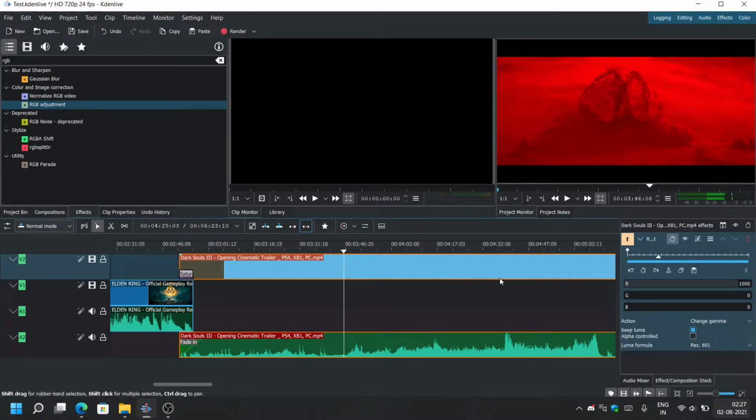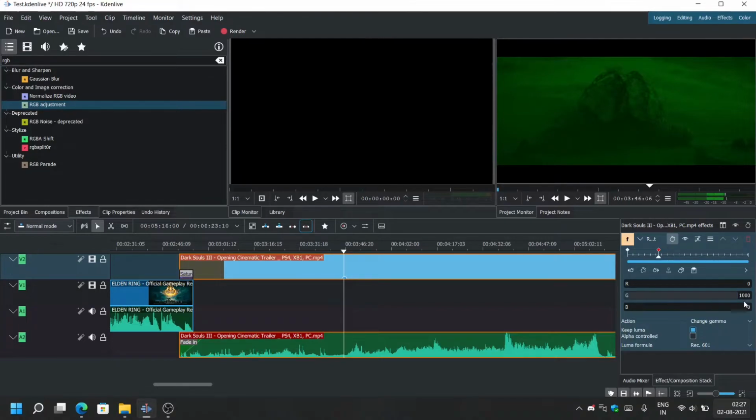Okay, so how to add a keyframe? You see the clock icon here? This one, add keyframe. Okay, now we click on this keyframe. Clicking on it is important. If it's not highlighted, we won't be changing the properties of the keyframe rather than the whole video. So remember to click on the keyframe. Now we can change our values. We'll make it completely green. Okay, so now if I play it,